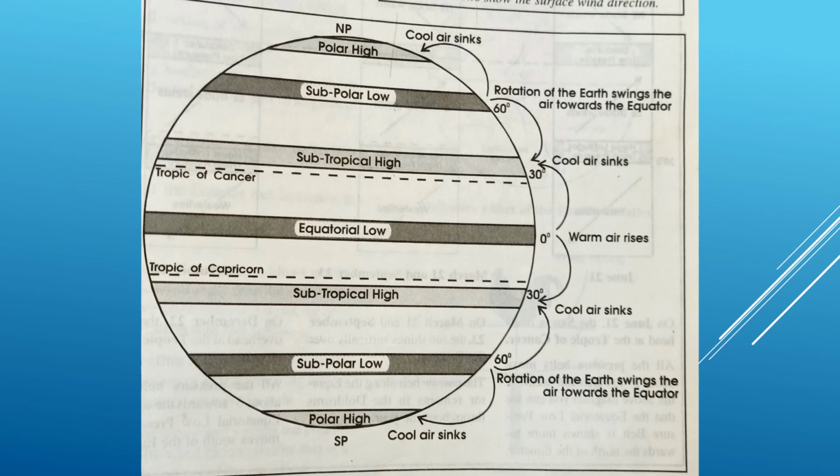resulting in low pressure. As you can see in this diagram, due to the rotation of the earth, the air is thrown outwards from the subpolar low pressure belt towards the subtropical high pressure belt and also towards the polar high pressure belt. So because the air is thrown outwards, it results in